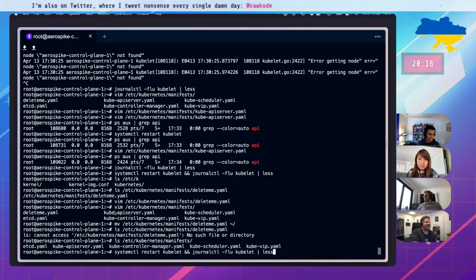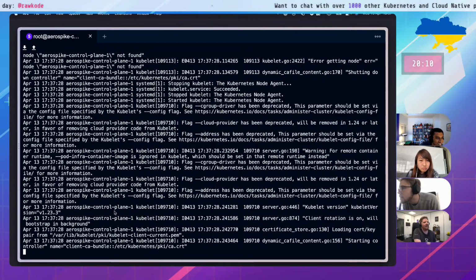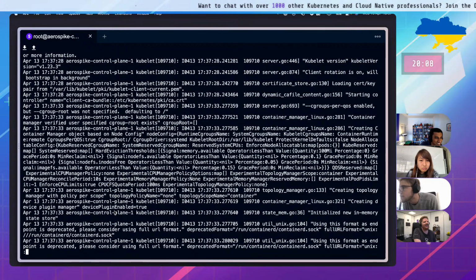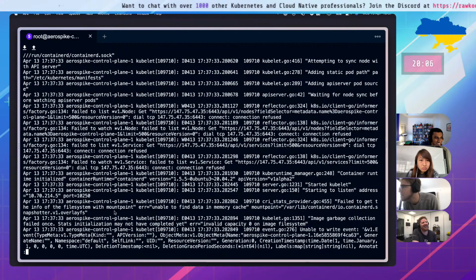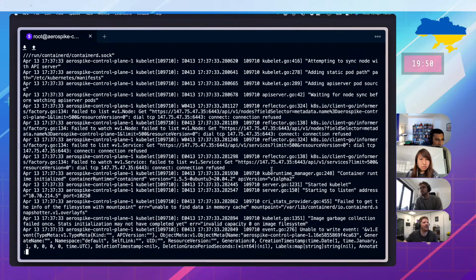All right, so let's go back to restarting and looking at logs. I think this is the way to do it. All right, so for unable to find data in memory cache from CRI stats, I think that's all right.